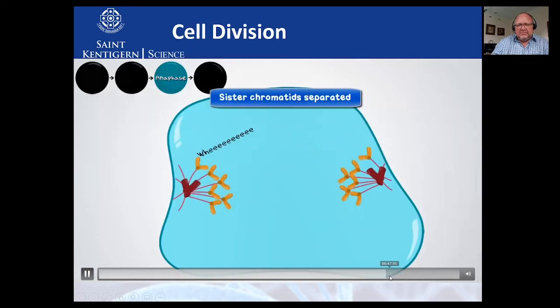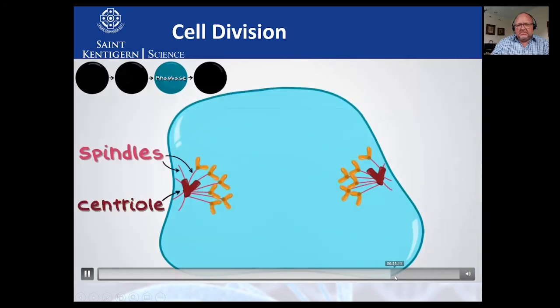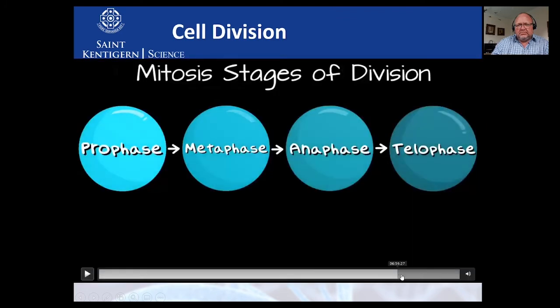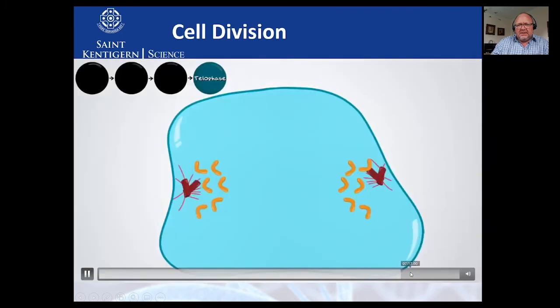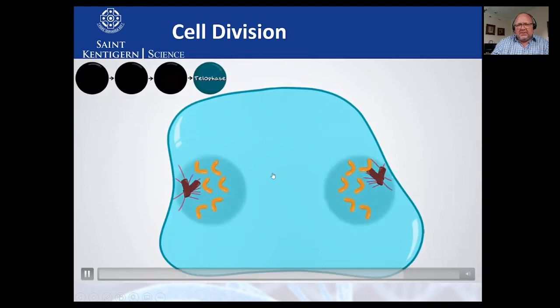Now, one thing to point out is something called spindles. These spindles are fibers that help move the chromosomes to the ends. Kind of helps them move along. The last thing is that the chromosomes are actually at the complete opposite ends, and new nuclei are forming on each side to